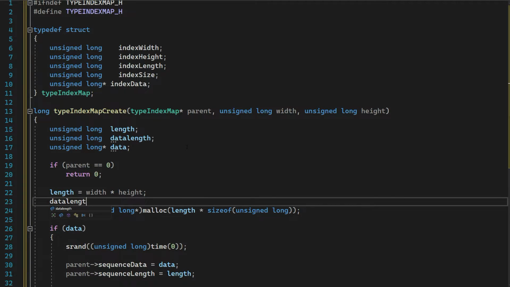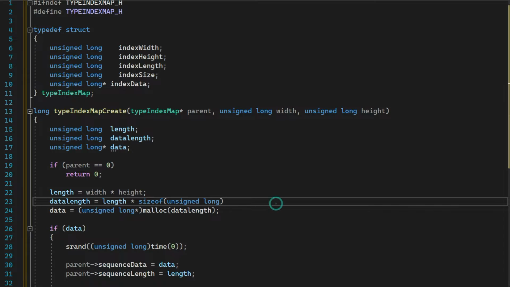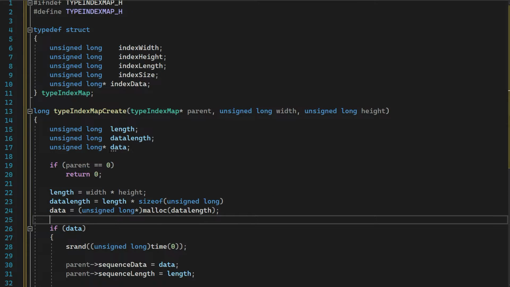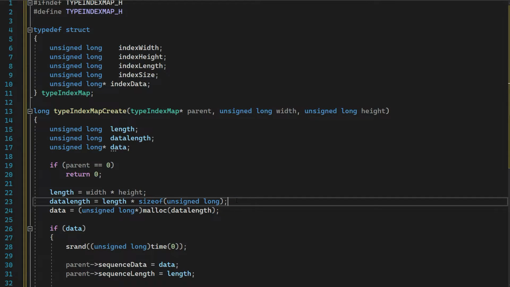Data length equals length times size of unsigned long. Data equals malloc data length. Okay, that's the same as before. Unsigned long data, size of unsigned long. Okay, good. If data,